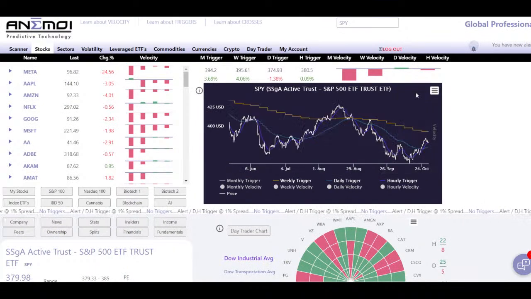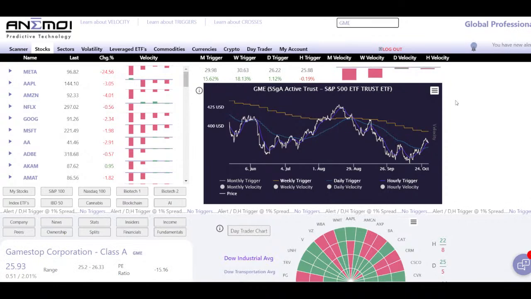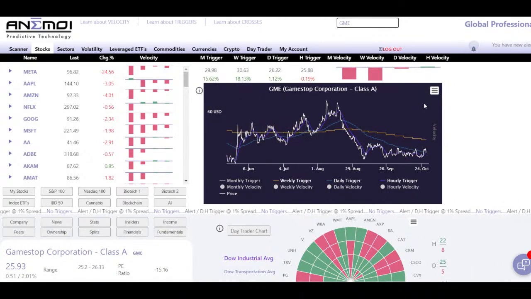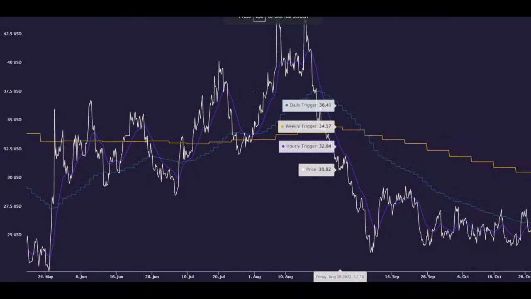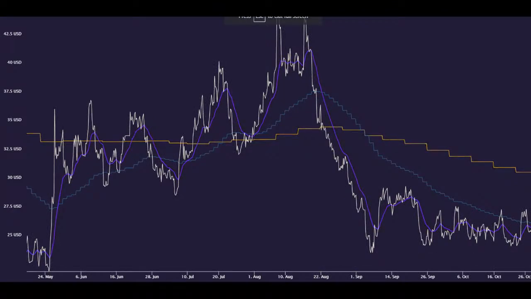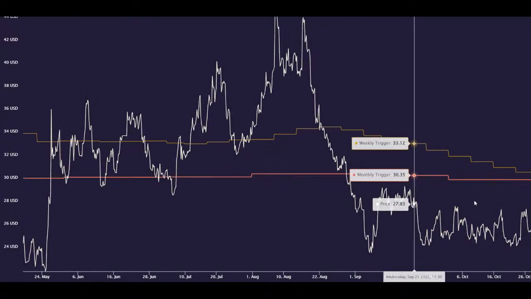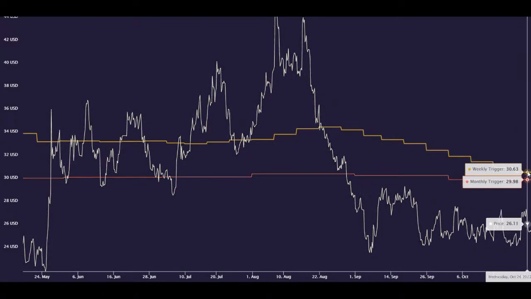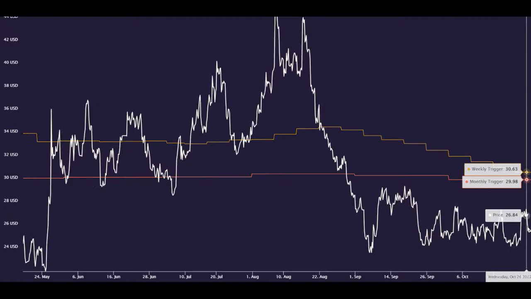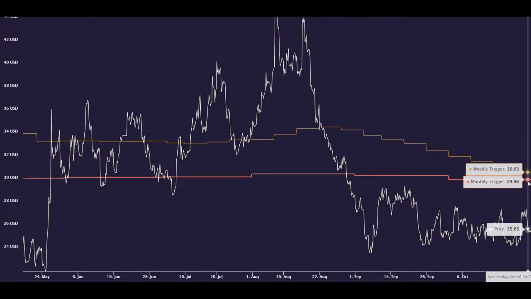Okay, so let's go back to GME. GME has a 2 trigger cluster, all right? And the 2 trigger cluster is the monthly trigger and the weekly trigger, okay? So any move through these 2 triggers is a 2 trigger cluster. This is why I sent out a tweet a couple of days ago. I said any move above 31 can really ignite a squeeze, because if price breaks through the 2 biggest acceleration